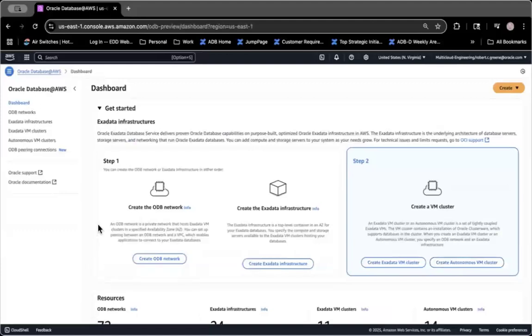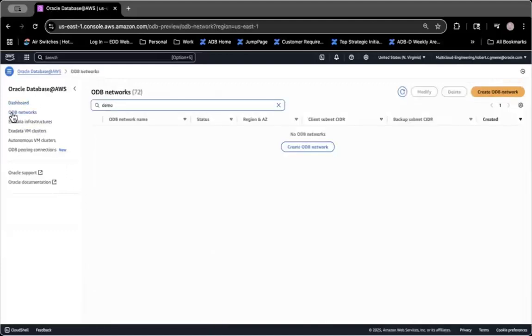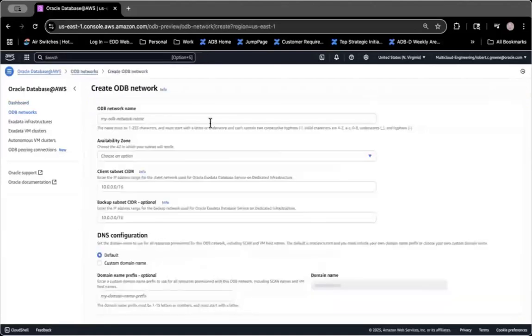So you follow the link on the left for ODB networks and create your first ODB network. There are no resources yet, so you could create one with that little button on the bottom, but more commonly you go to the upper right and you start creating your first ODB network. An ODB network is really just a bridge network between the AWS side and the REST end control plane point